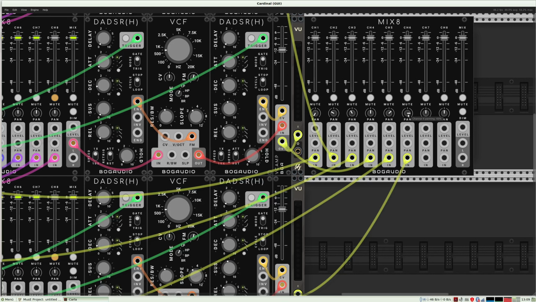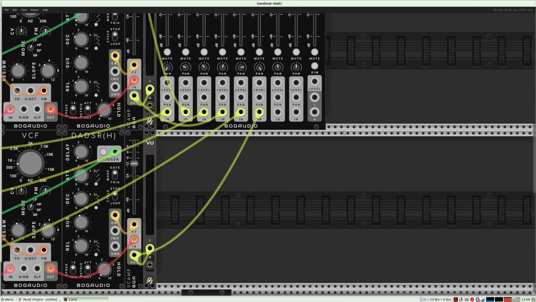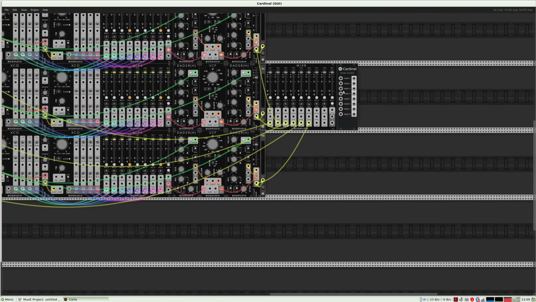Like this. Okay, they play very distant. Okay, now I connect this mixer here to this output here, and